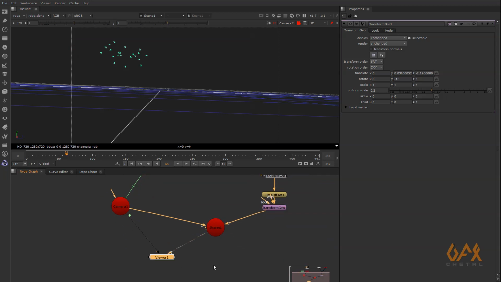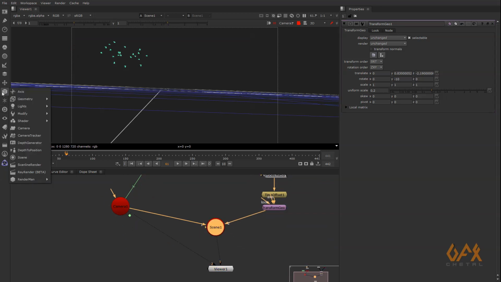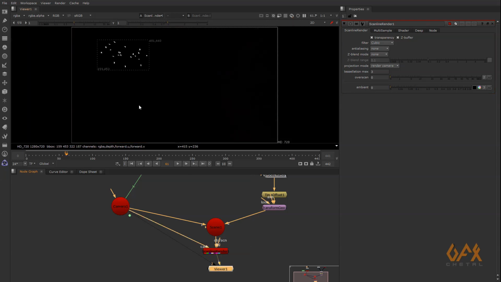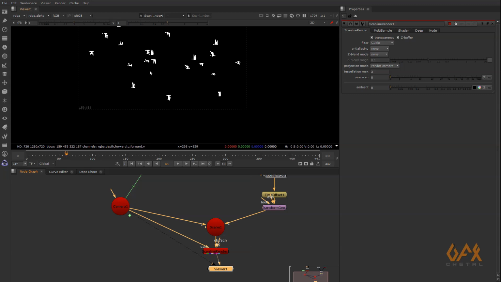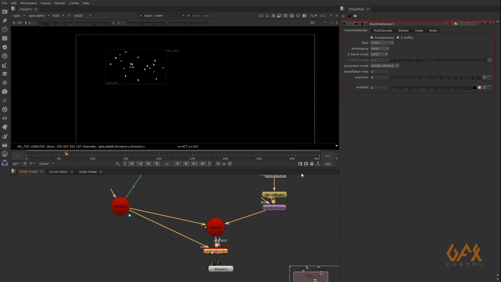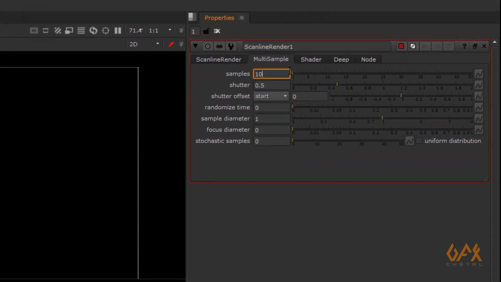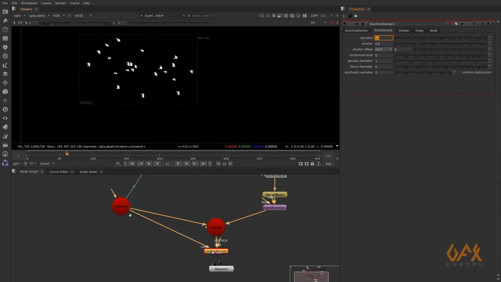So for that I select my scene, I just go to ScanlineRender and this is my camera through which I render this stuff. Again press tab over here to see this flock. You can definitely increase the quality by increasing the multiple samples like this.